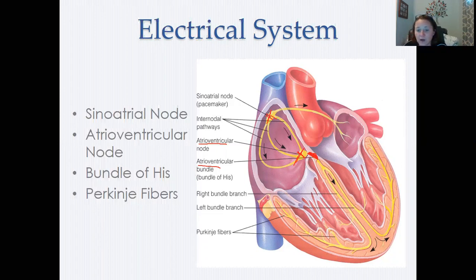So from this bundle of His, you will see the electricity go down into the right bundle branch around this right side of the heart, and into the left bundle branch around the left ventricle. And they not only get these branches that are going to cause depolarization or